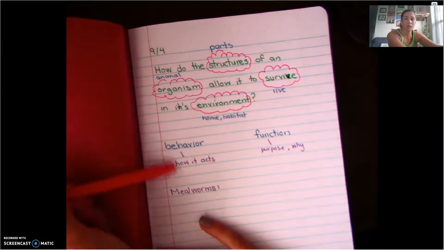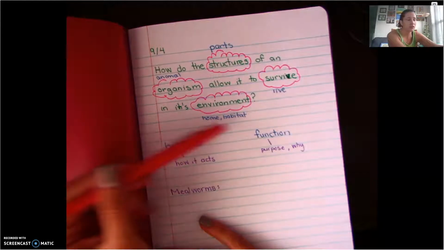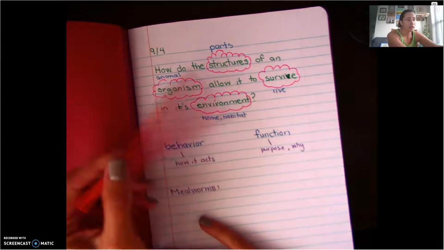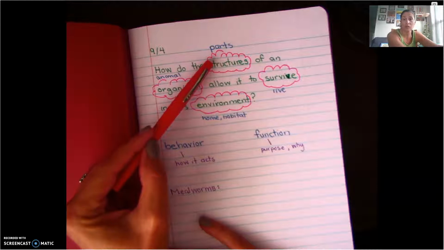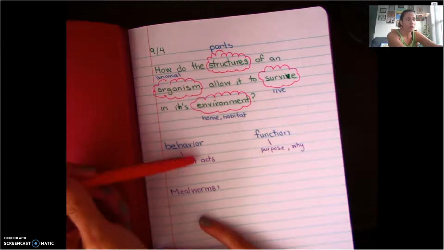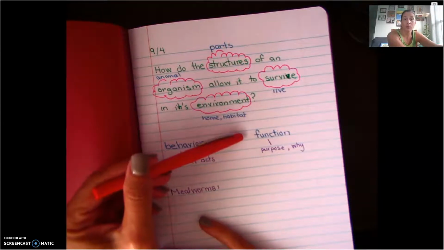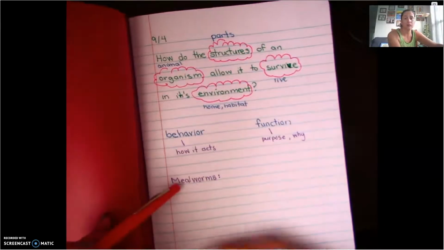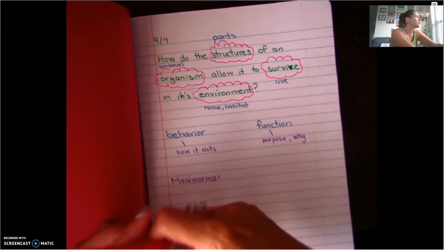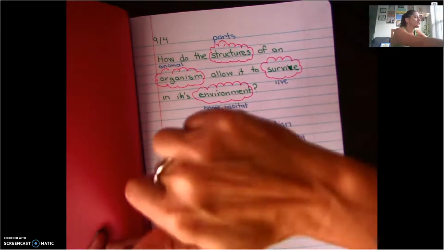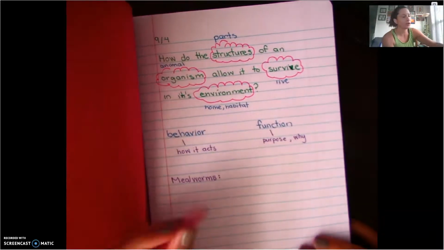So we're going to be looking at behavior, which is how it acts, and function, what's the purpose, why. So we're looking at the structures, or the parts of the animal, and we want to know how it acts and what is the purpose. And we're doing mealworms. And the first stage that we're going to go ahead and look at